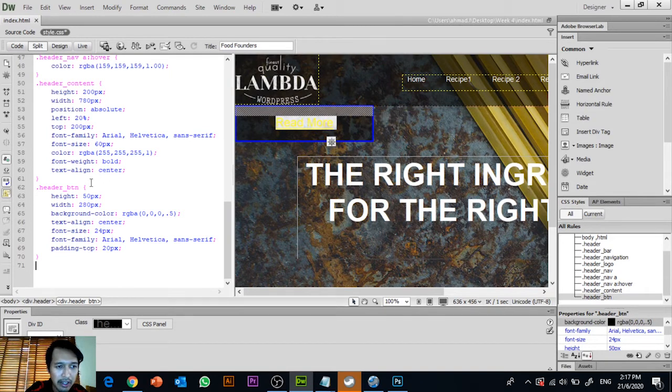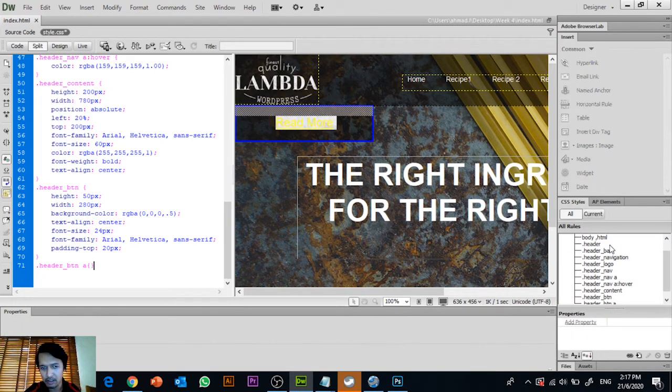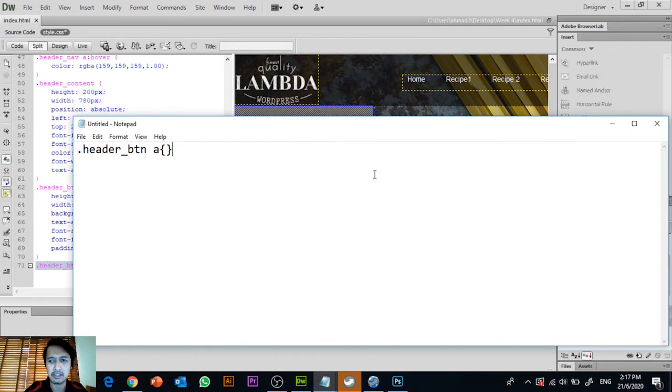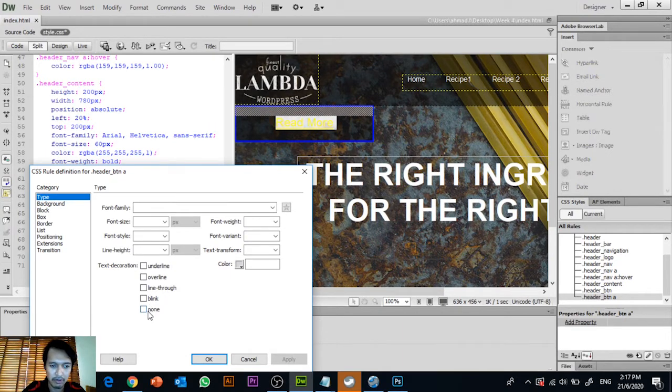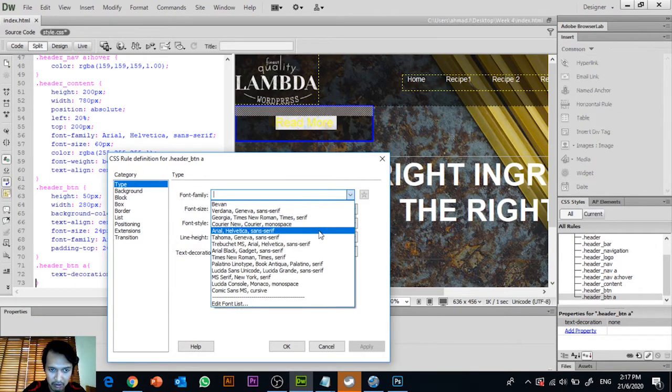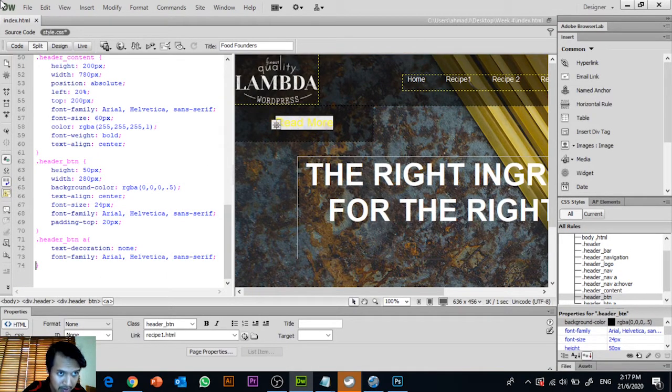Okay, so for the next adjustment, we're going to create a header button A, open and close. So this one that I typed, you can see is this. From header button A, you can make adjustments towards the actual fonts over there. So text decoration none to delete the outlines, and then you can change the font accordingly. Right, so you can save all. If you preview your file,